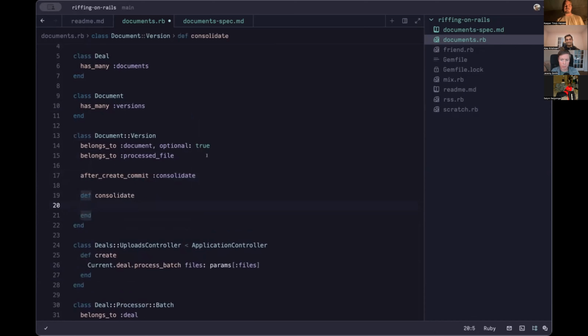I think we can assume that if it does this job properly, that we send it this version, and it knows all the other documents that exist for this deal, then it should be able to either return a brand new document if it happens to be the first one of its type, or provide the document that it should be referenced to. Yeah, we can try to see what that would look like. So I'm going to assume that we can do so